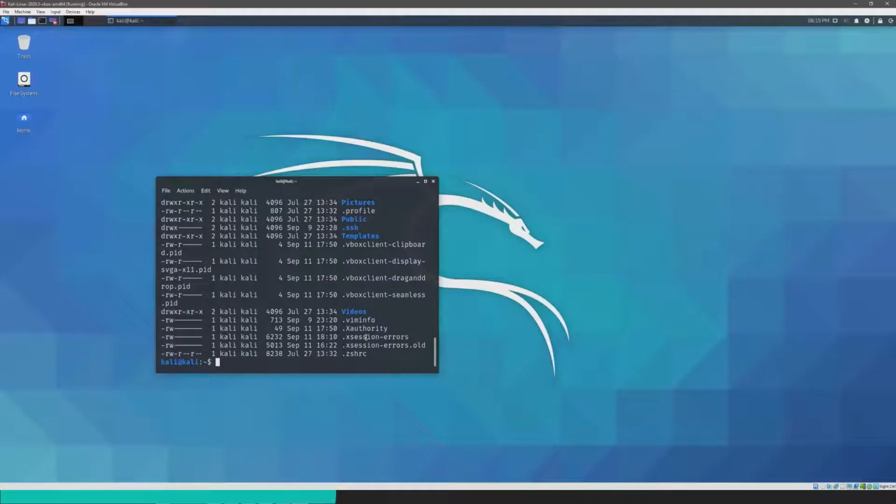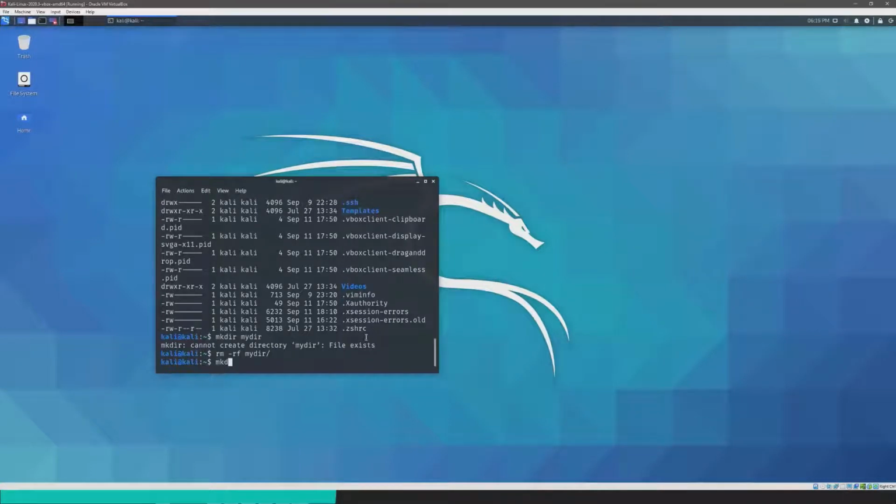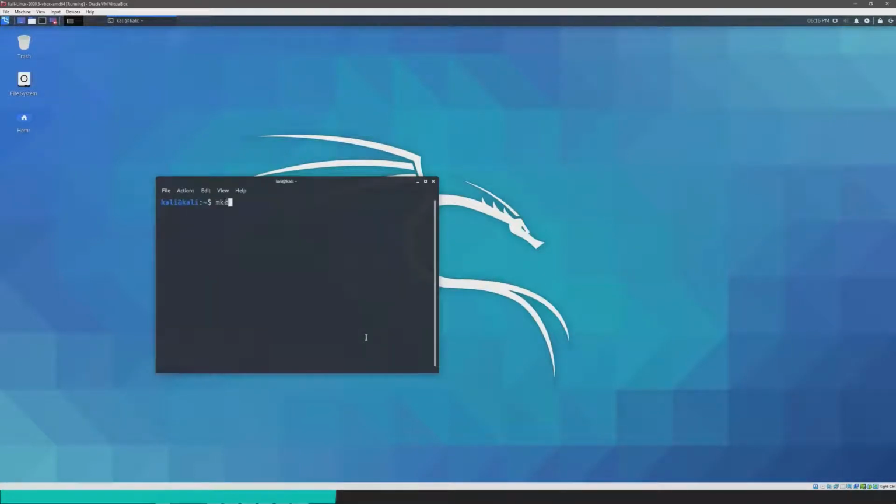So let's show that real quick. mkdir mydir, there you go. Oh, I already have one that exists. Let me remove that. This is the command that I was going to show you later. I'll explain it. So clear my terminal, mkdir mydir, and when you list out the folders, it shows that that one has been created. And if you want to remove it because it is empty, it will let you: rmdir and then the name of the folder or the directory that you want to remove. Now let's list that out, and yep, it's gone. So that works.